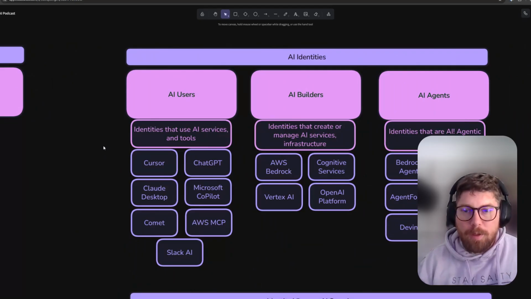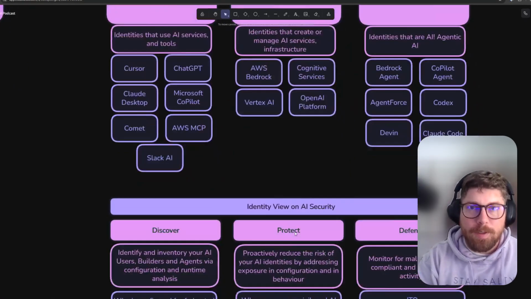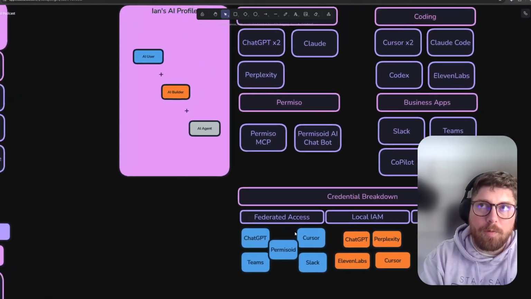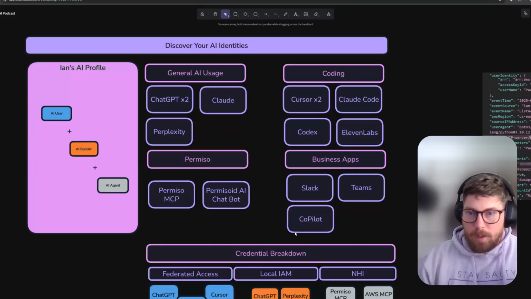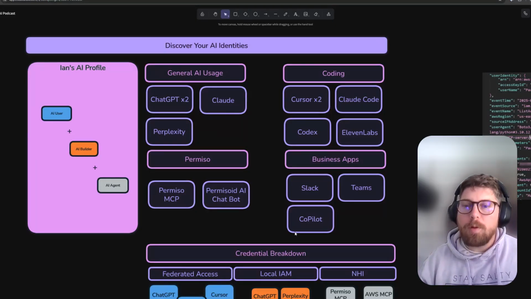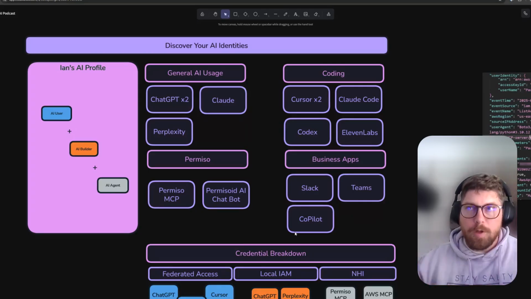And if you want to understand visibility wise, like the first question every organization has, what is my AI footprint? You have to think about it from not just the configuration stance, but the runtime perspective of these, right? Your AI users, your builders, and your agents. I gave you a few examples on what you can do for looking for those, and also showed you what my AI footprint looks like and how I thought about how I would detect my own. And I would encourage you to do that, right? Your footprints could be a little different than mine. And maybe it makes you think about how you would detect how you interact with AI in a larger organization.